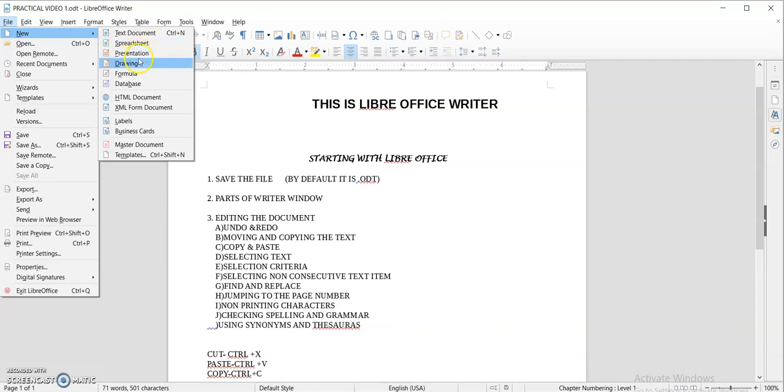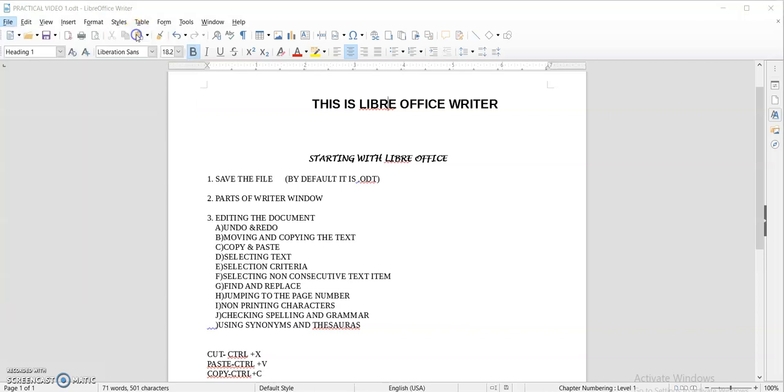If you want to create a presentation, you can click on this tab. If you want to draw something, you can click on this drawing app. And if you want the mathematics concept, you can click on this formula tab. If you want to save your database or your table, you can simply click on this database tab.